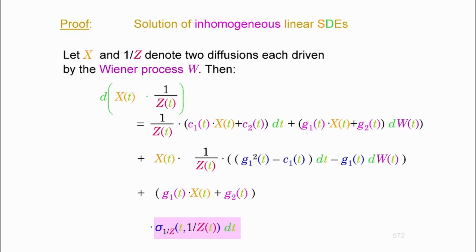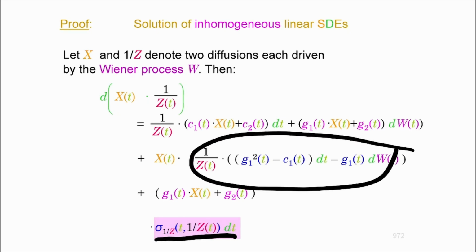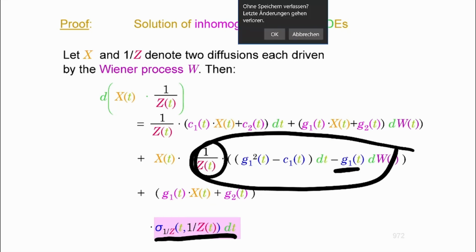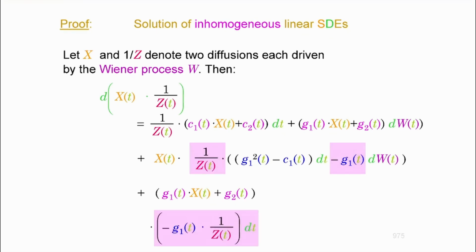Now, this is going to be the diffusion of the process 1 by z. And that was basically the differential of it. And here is its diffusion, which is also attached to the process itself. So this is going to be 1 by z minus g1 by 1 by z. This is what the diffusion of that is going to be. And I'm going to write it like this. So as you see, minus g1 times 1 by z is the diffusion of that. And this is attached to it. So here you have it. This is it.